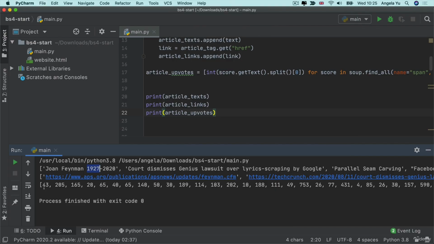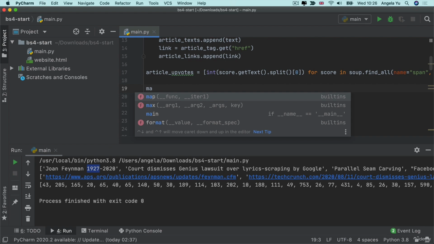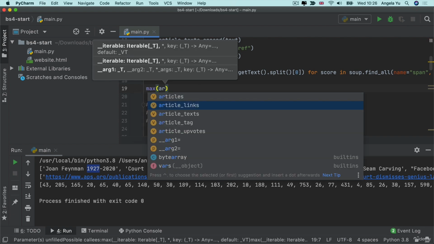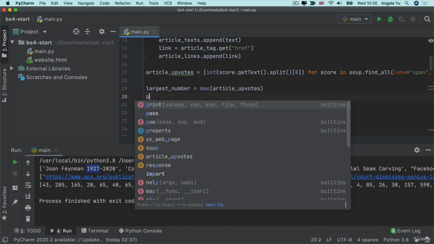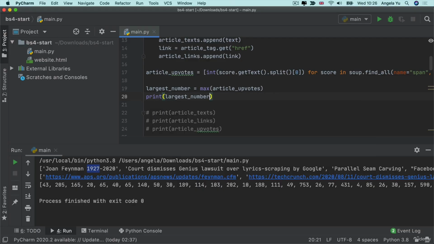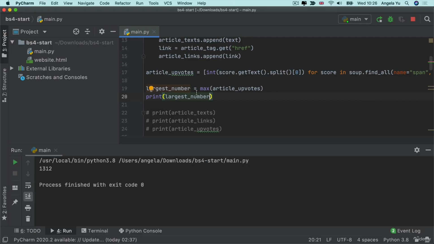All right, here's the solution. We can use the max function that Python comes with to get the largest number from our article upvotes. And then we can print this largest number and see if it works. So we've got